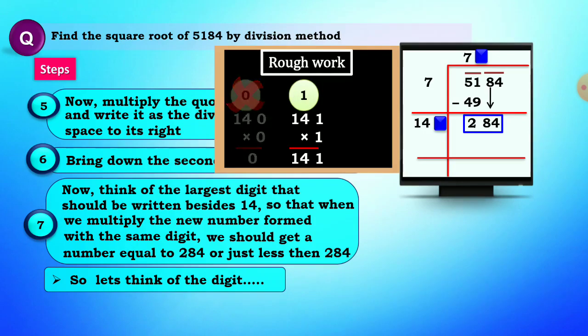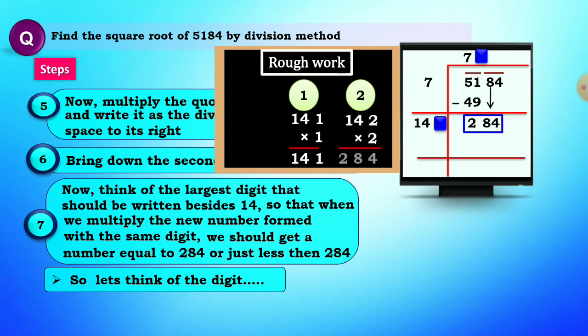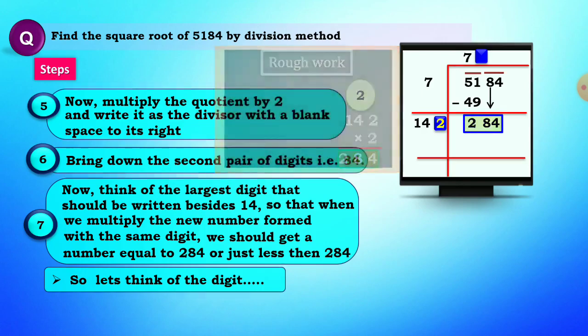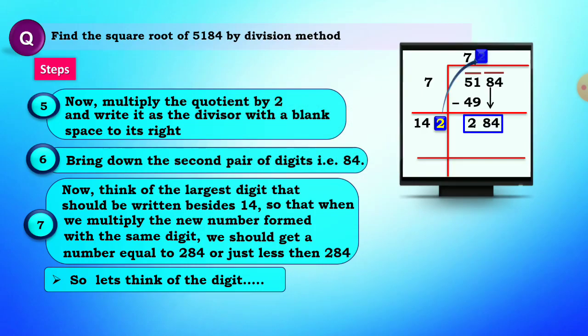Now this 0 will not work because we already got one number, 141. Now let's check another number as well. 142 into 2. When you multiply 142 into 2, what do you get? Yes, you get 284. So we got exactly the number equal to 284, students, when we multiply 142 by 2. So even this 1 will not work. So we will write 2 beside 14 as well as in the quotient, and 142 2s are 284 would be written